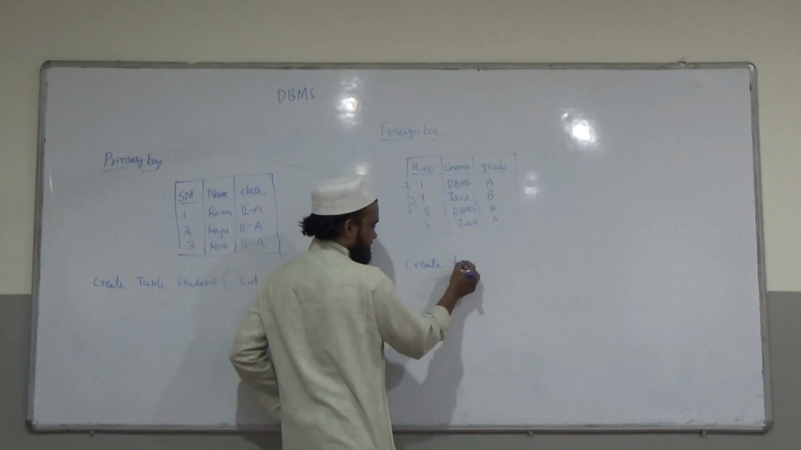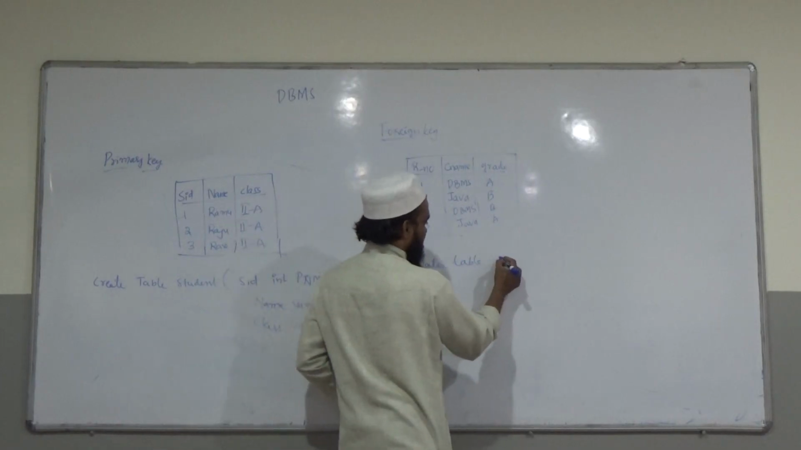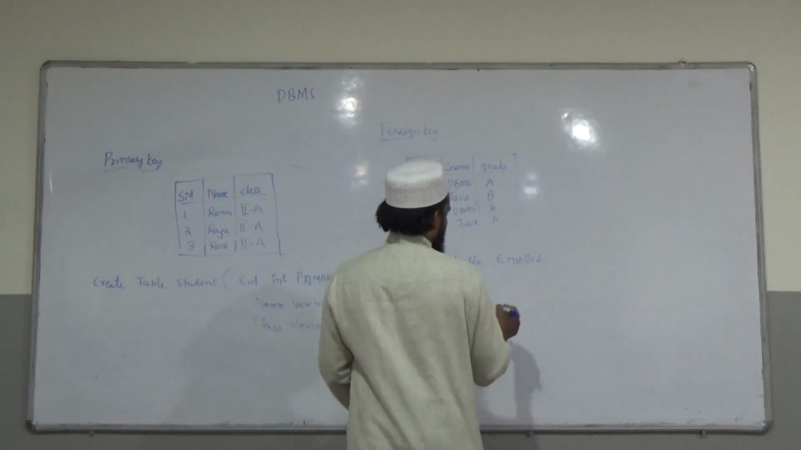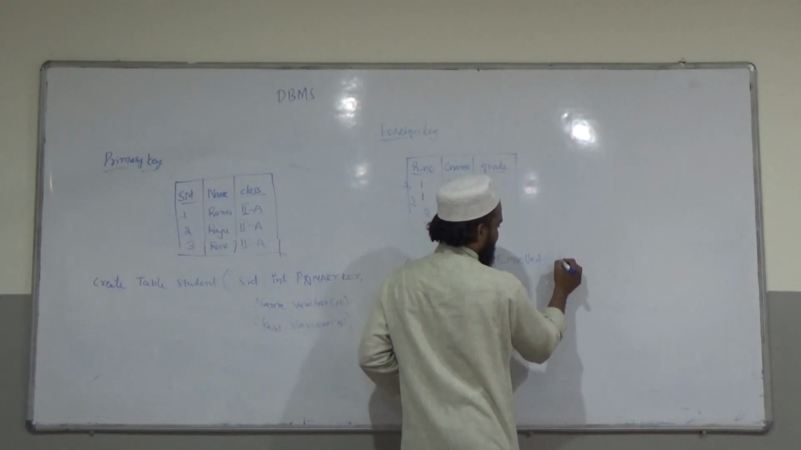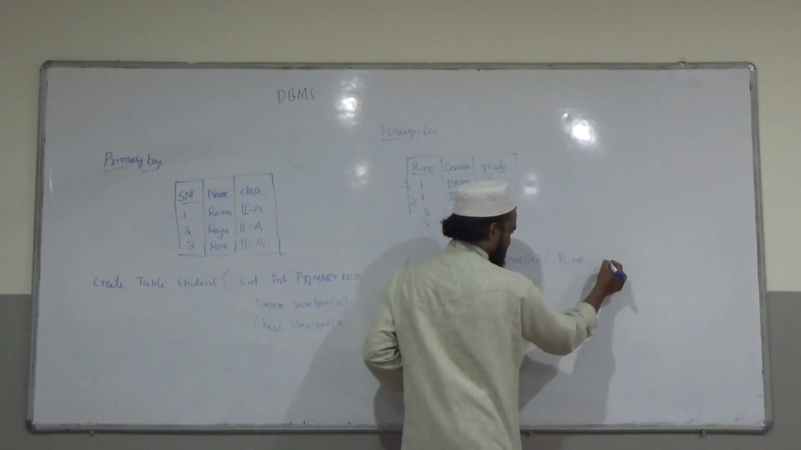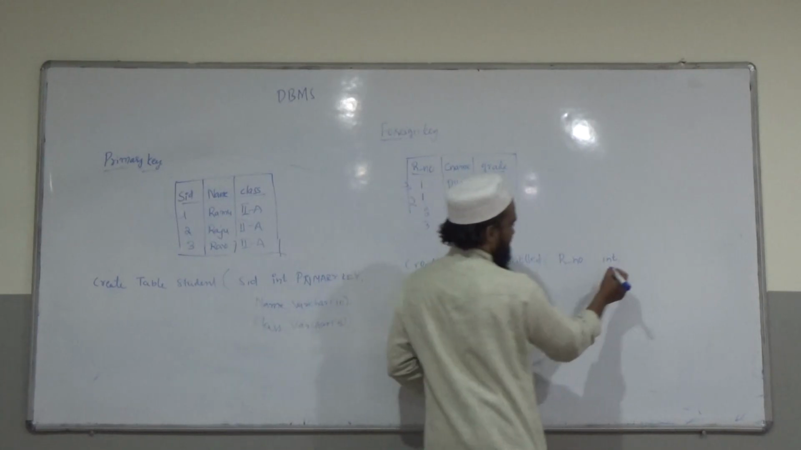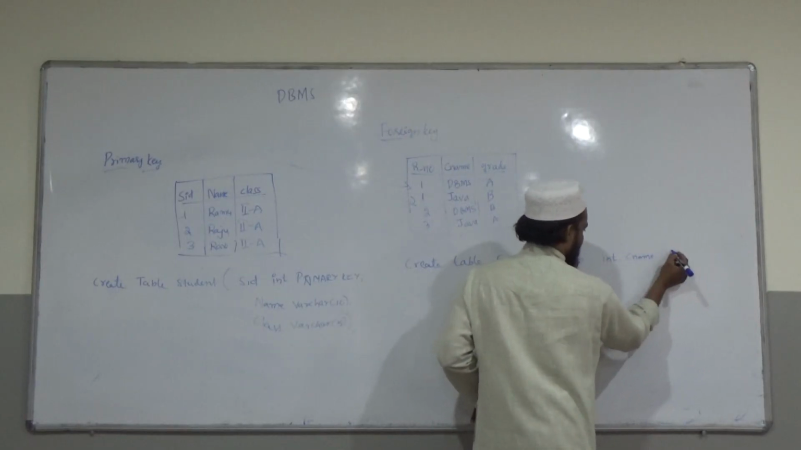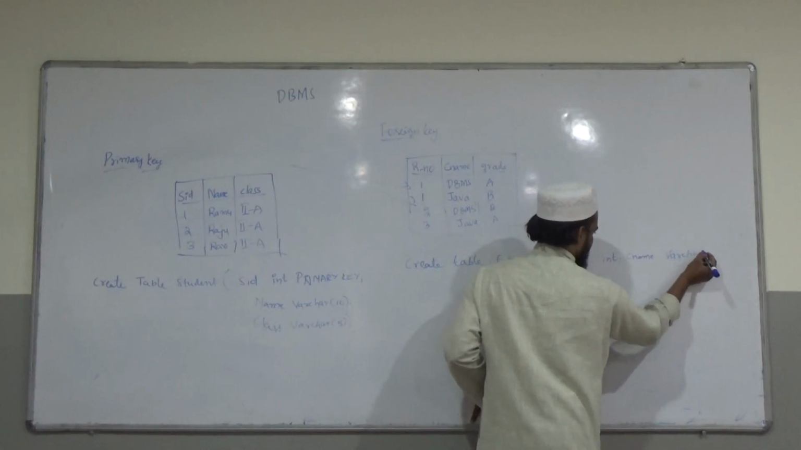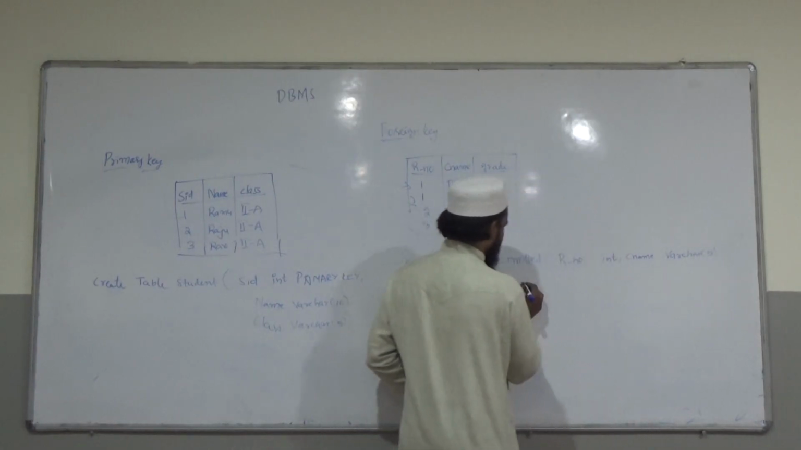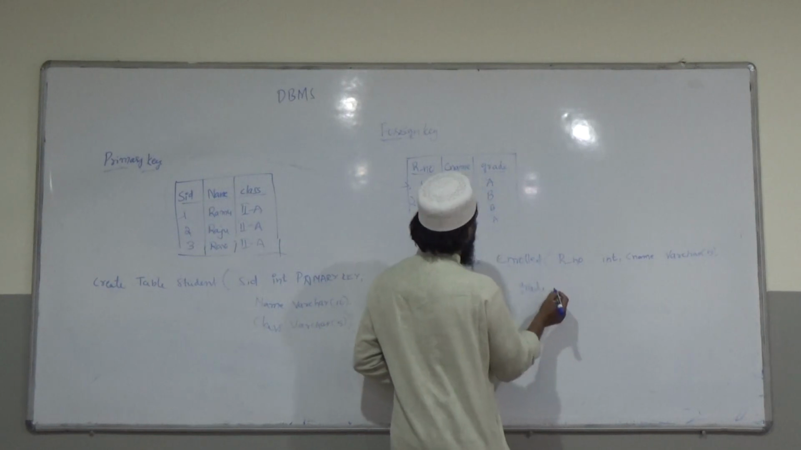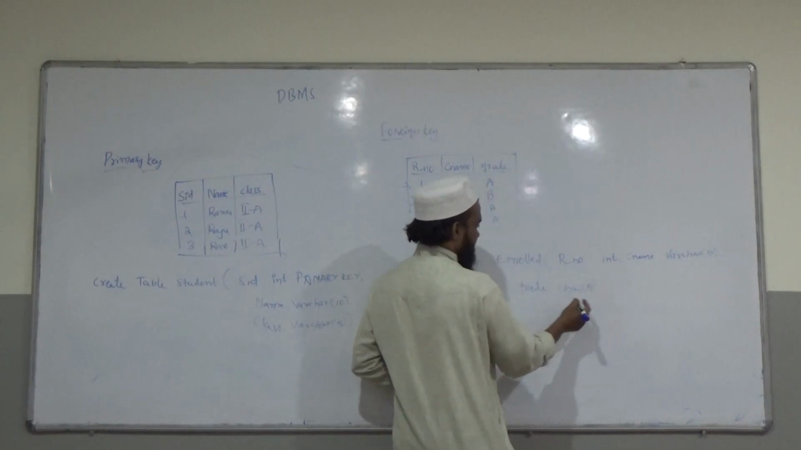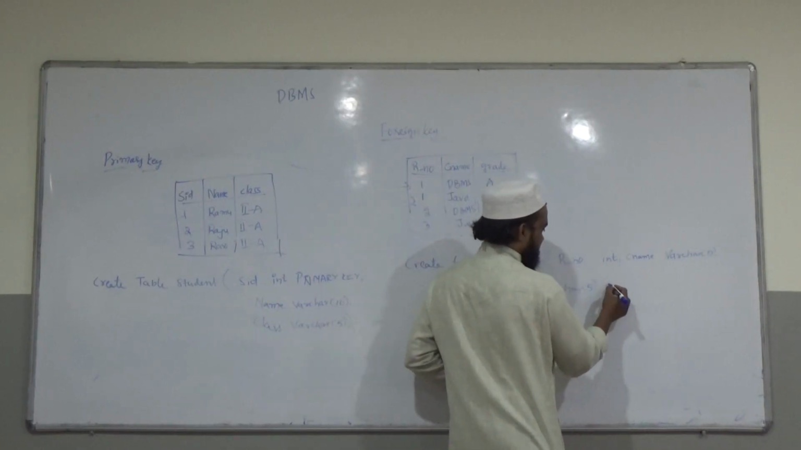create table, table name for example enrolled, it is foreign key table. So we have to write what are the columns there. Foreign key is roll number, its type is integer, and what else is there? C name. Course name, its type is for example varchar, give some size 5, and one more is grade of type character of size for example 5,